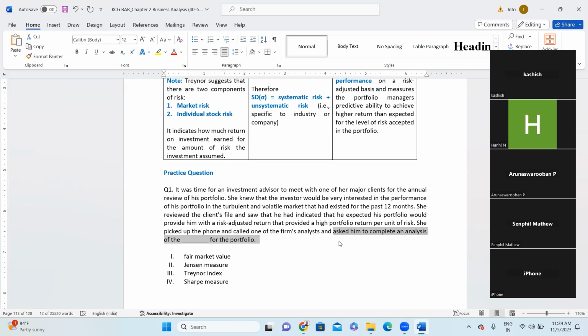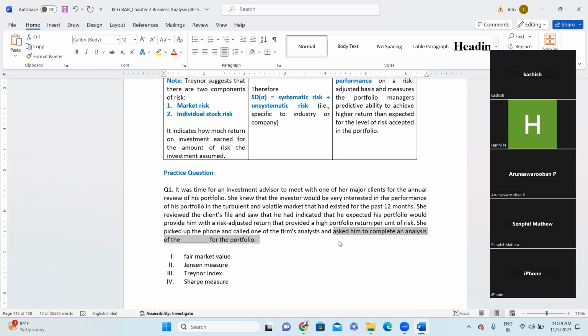She knew that the investor would be very interested in the performance of his portfolio in the turbulent and volatile market that had existed in the past 12 months. She reviewed the client file and saw that he had indicated that he expected his portfolio would